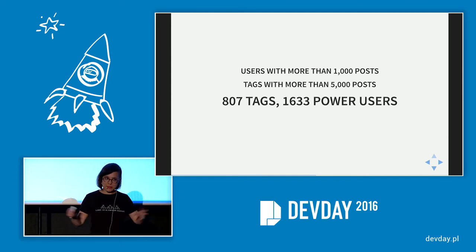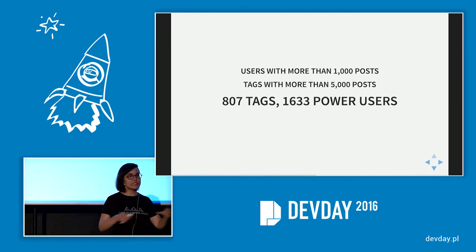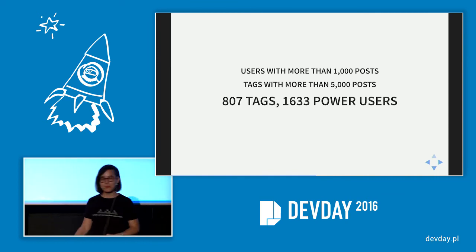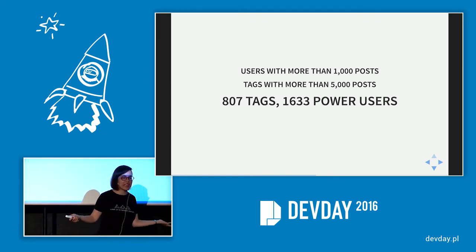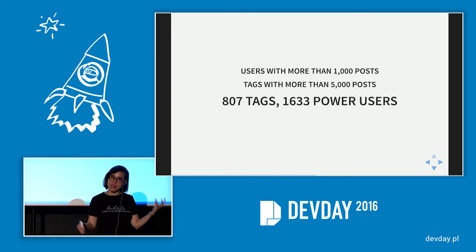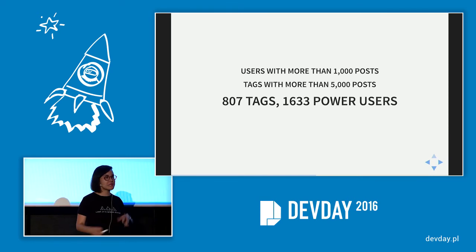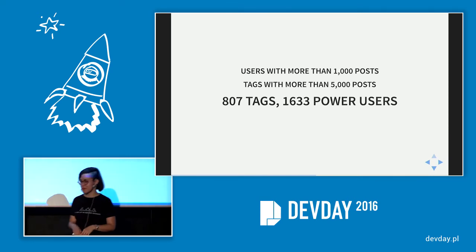And this gave me 800 tags, which is already something I can visualize, and 1,600 users that are on Stack Overflow probably all the time. So this is quite a nice sample, and it will tell me some relation between these technologies that are on